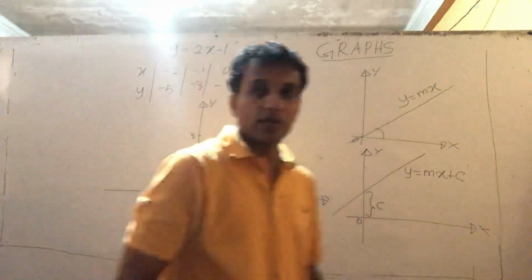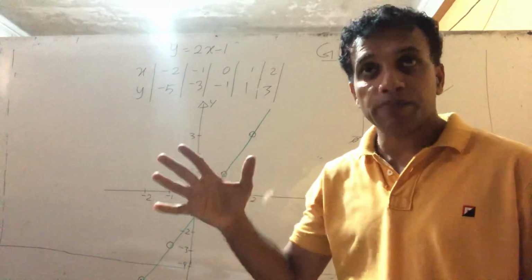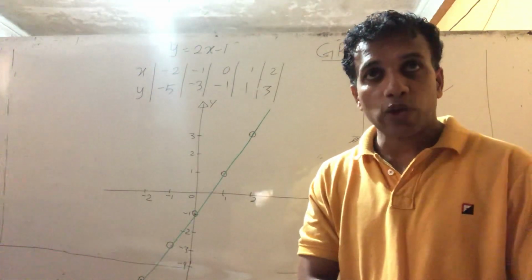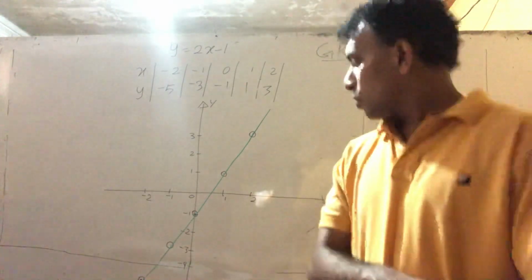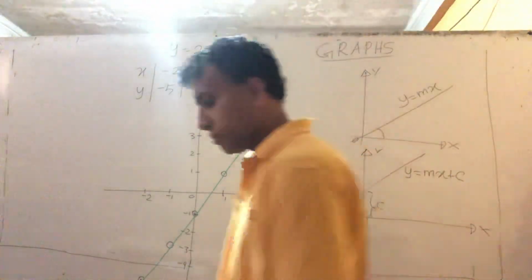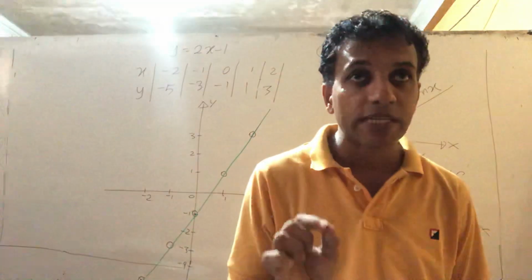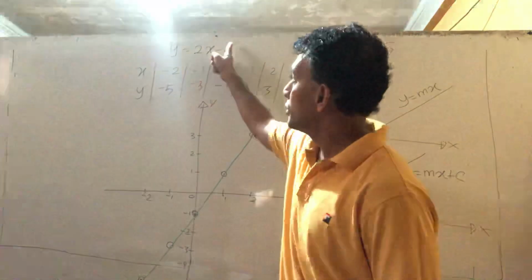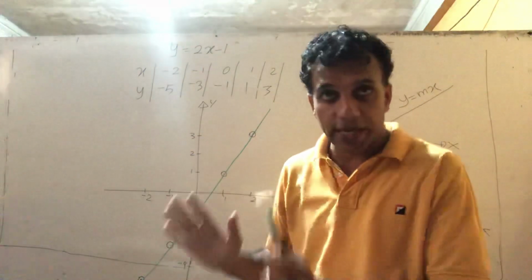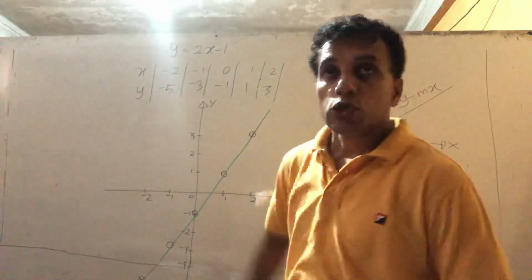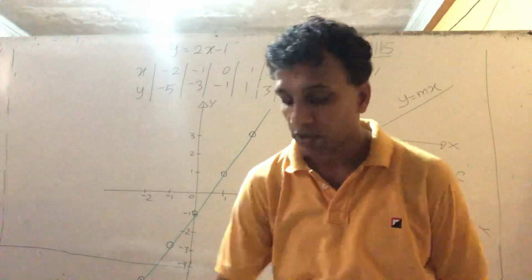Okay, this is not grade 10, you learn it in grade 9. I take this example to explain the next part of the theory, how to calculate the gradient using the graph or using the coordinates. Now see, using the equation, what is the gradient and what is the intercept? We worked many problems earlier. Right below the graph, using the equation of the graph,